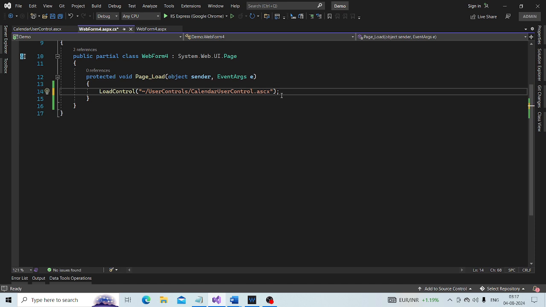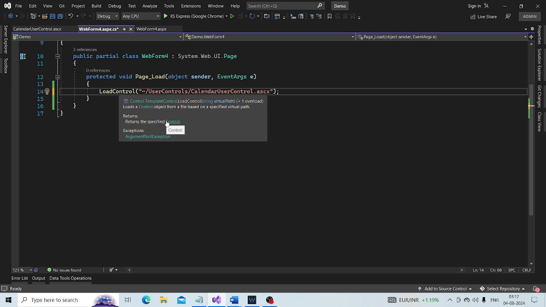Now look at the return type of this LoadControl method. It is actually returning a control back, and that makes sense because this LoadControl method can be used to load any type of control.